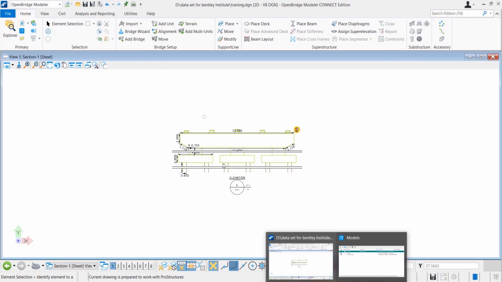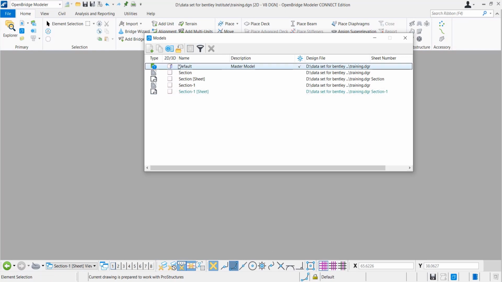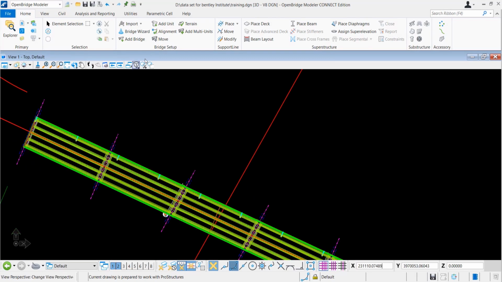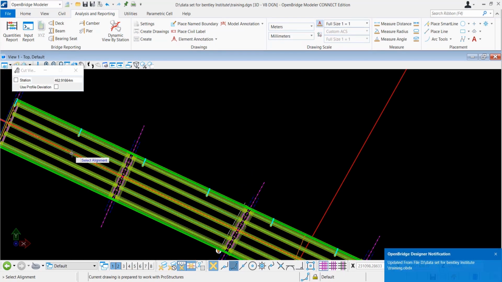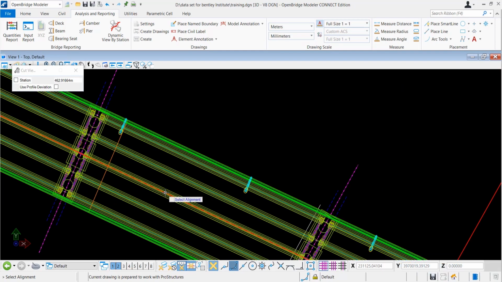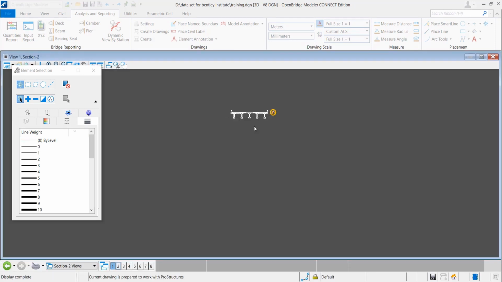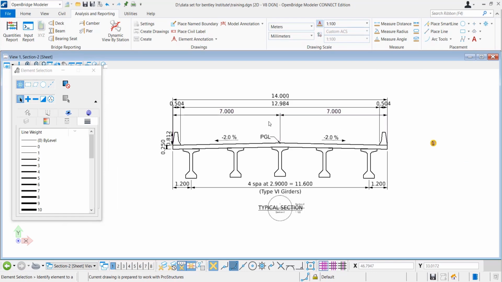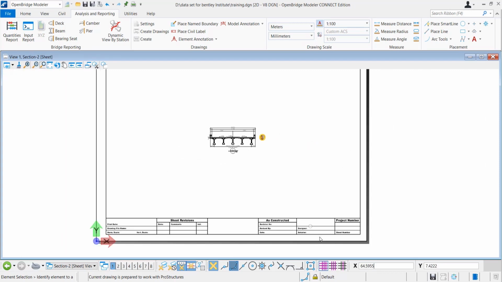I will go back to my model and show you how we can create the superstructure as well. In this model, you can go back to your original model and similarly click on create drawings. Here, once you want to take a superstructure cross section, you have to select the alignment and then choose your direction. Once you select your direction, it will cut a section here and generate a cross section drawing for you. You can see that it looks nice. This is the cross section at that location, right?